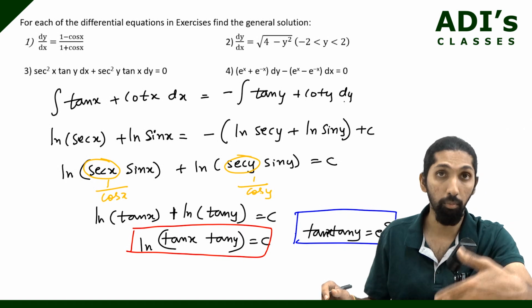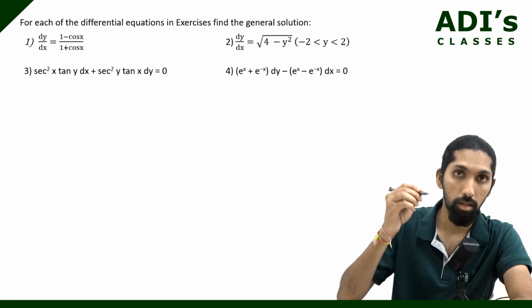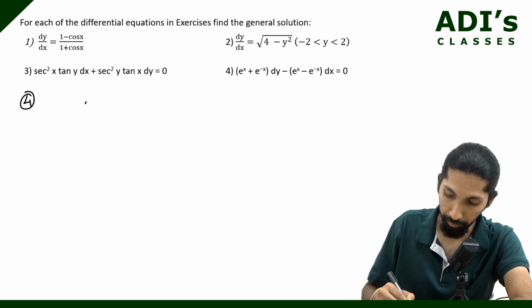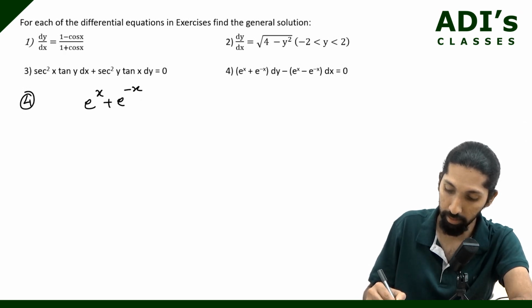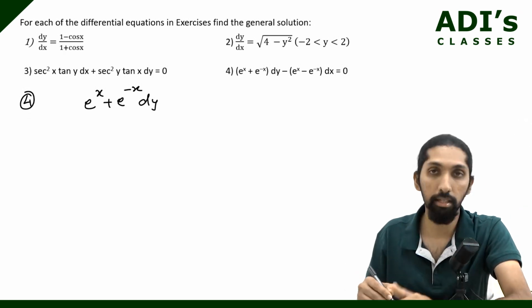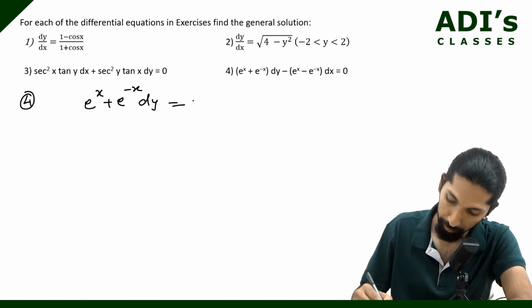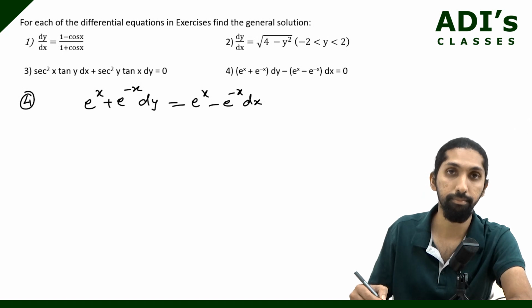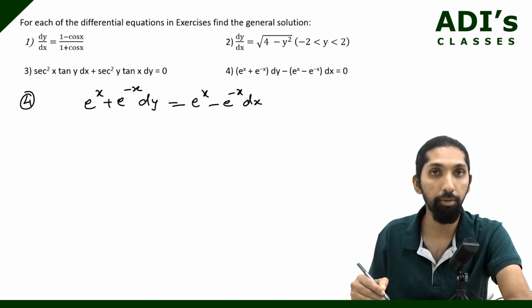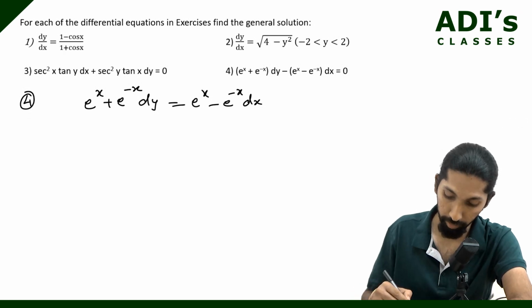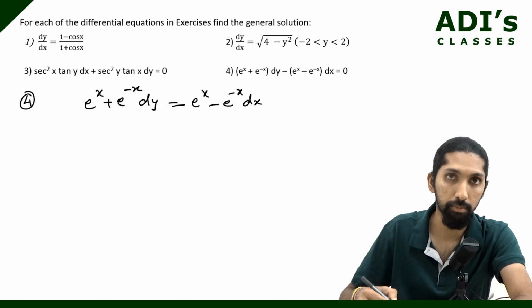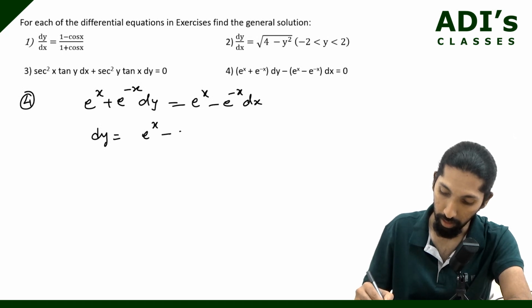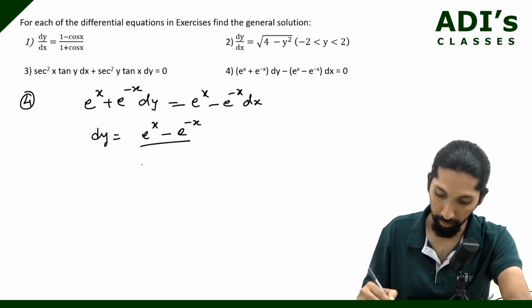Fair enough? Now moving on, we are going to solve the fourth one. See the fourth question. Now you have e power x plus e power minus x dy. Push the dx that side is equal to e power x minus e power minus x dx. Right? Guys, we have to integrate this one, isn't it? So what do? You take dy, or you can take the dx part, alright? Take it this way. Dy is equal to e power x minus e power minus x divided by e power